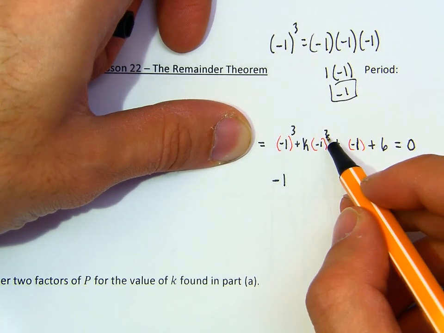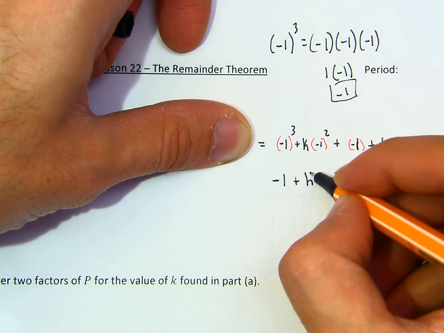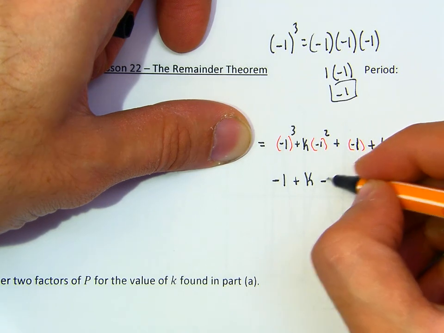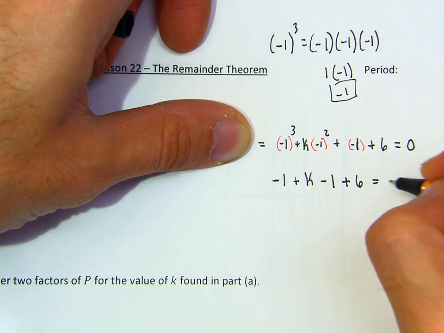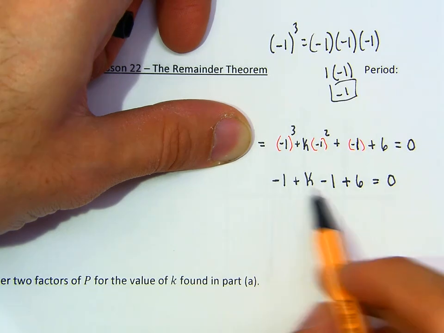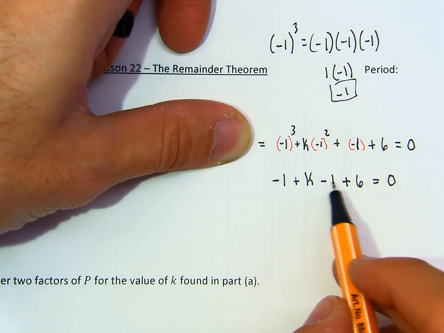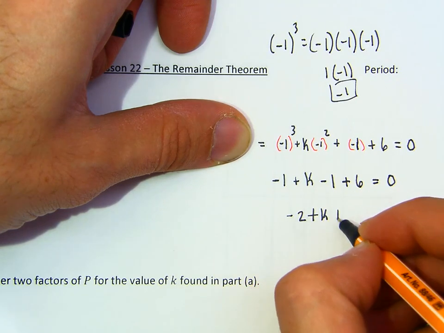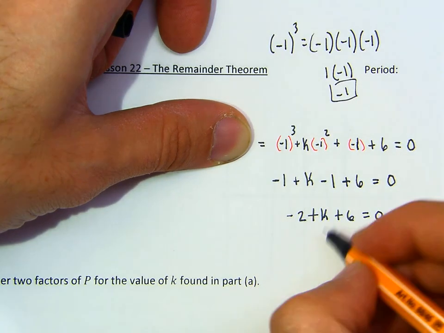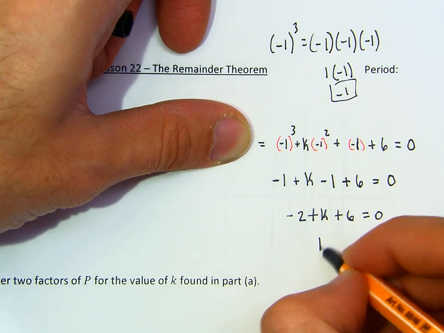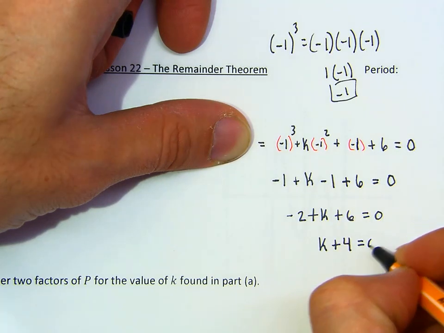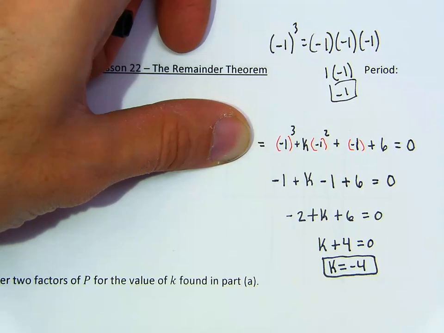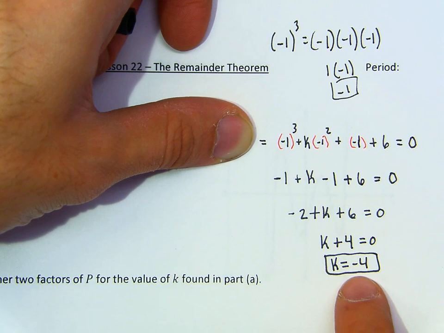And then this becomes negative 1 squared, so that's just plus k, because you're doing 1 times k. Then this is positive times negative, which is negative 1 plus 6, so that equals 0. So now here you have minus 1, so you have negative 2 plus k plus 6 equals 0. Now combine negative 2 and 6, you get k plus 4 equals 0. So here k is equal to negative 4. All right, so now that you know k is equal to negative 4,